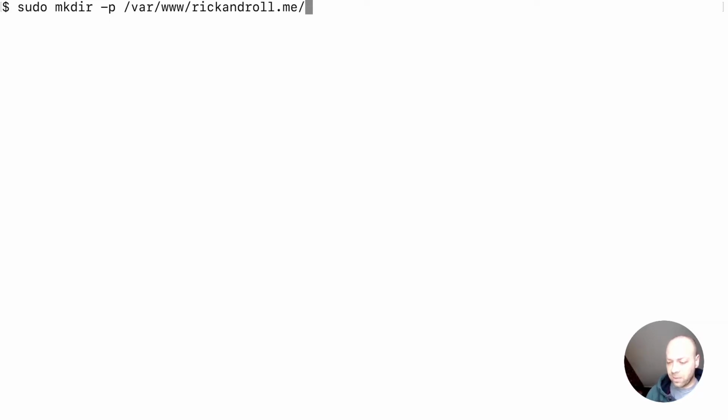So inside of there, we're going to have a HTML directory. You don't need to have this, but again, it's a convention that's usually followed. So we're making a directory in this location. And just so you know, this -p flag will create any of the subdirectories if they don't already exist. So if we run that and just enter our password,